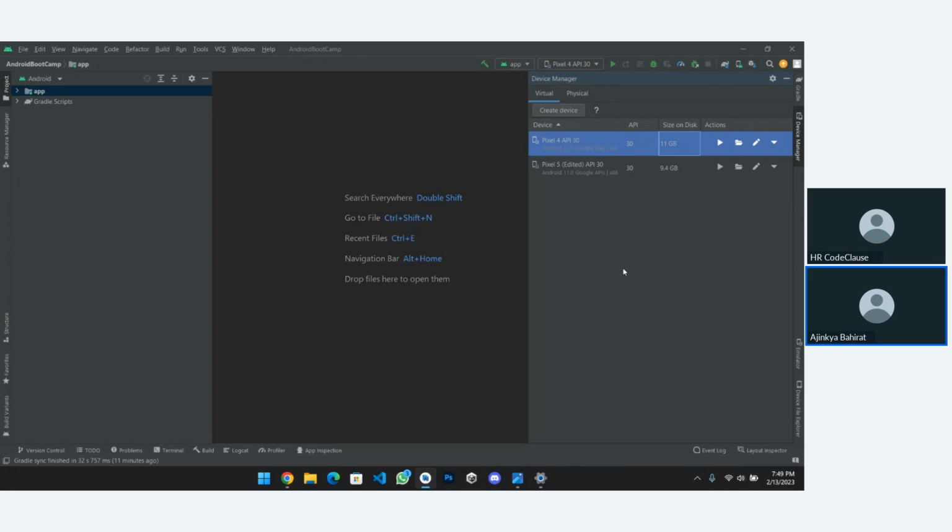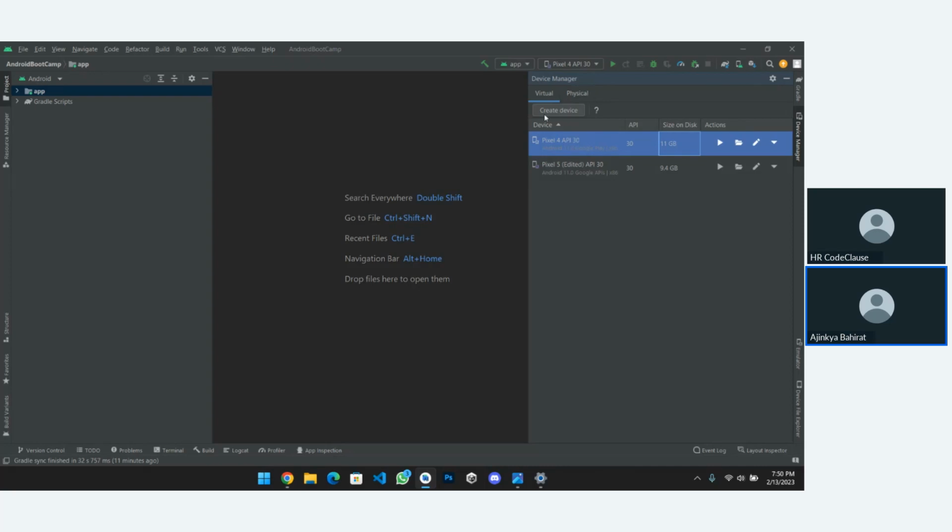Currently my RAM is 16 GB, so I can easily access these things because I have higher RAM. If you have 8 GB RAM, no issues. But you need high storage, because as you can see, 11 GB of my storage is occupied by this kind of emulator.